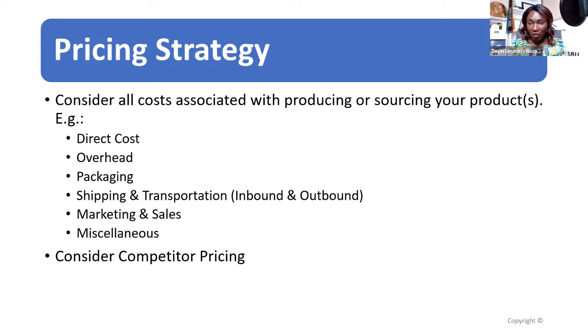There's something we call direct cost. Direct cost is what is actually in the product that the person is buying, what it took you to produce it, the raw commodities, everything that went into it. Your overhead, the labor, right? The people you employed, your HR, all of those things, your electricity, all the overhead, your rent, everything that it took to create that product. Your packaging, it's a cost to you.